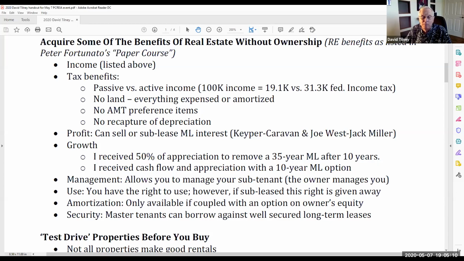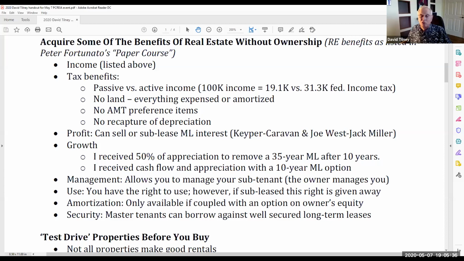So just kind of going through it, income's pretty simple to see. If I lease something from Bruce Queck and sublease it to Gary Cook on a performance basis, and I'm leasing it to Gary for more than I'm paying Bruce, obviously I'm going to get the income. The tax benefits. Well,